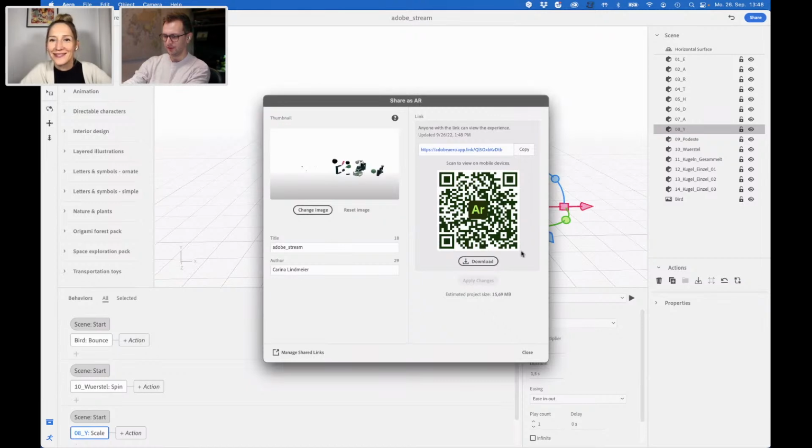Okay, let me try. So how would I scan this? You know what? I upgraded my phone the other day. I haven't logged into any of my apps, and this is going to be a problem for me. Yeah, of course, you have to be signed in to your Creative Cloud and granting permissions to camera and... Yep, exactly. I haven't actually downloaded the right apps, so that was useless on my part.